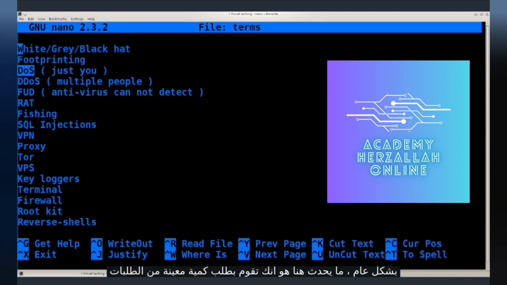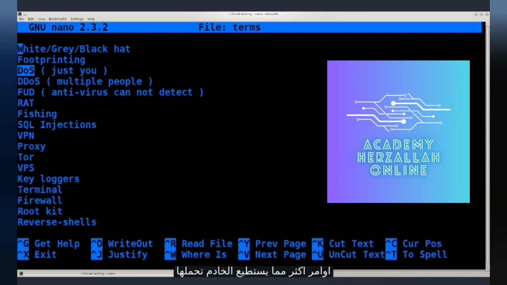In general, what happens here is that you perform a certain amount of requests, more requests than a server can handle, and then the server begins dropping connections. For example, Apache web server, I believe by default it can handle up to 10,000 connections or so. And if you can make more than 10,000 requests,